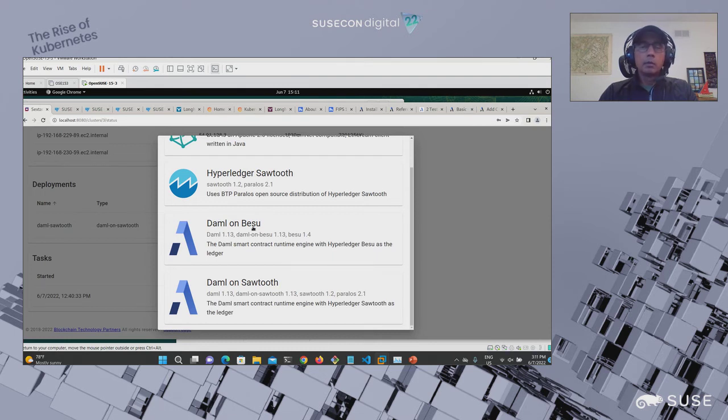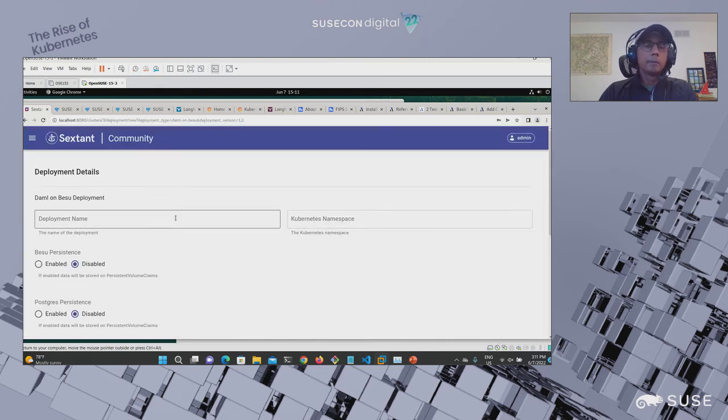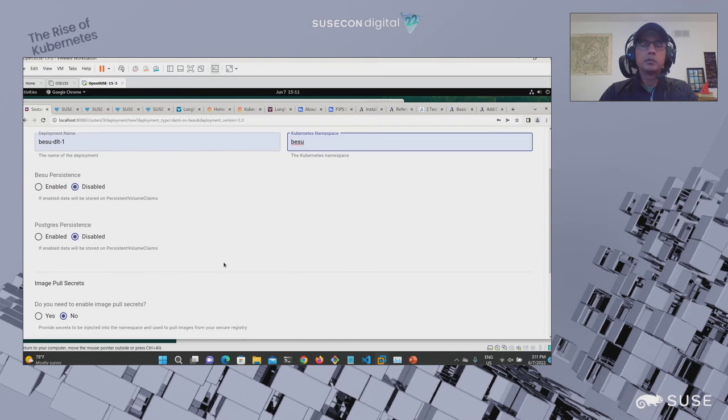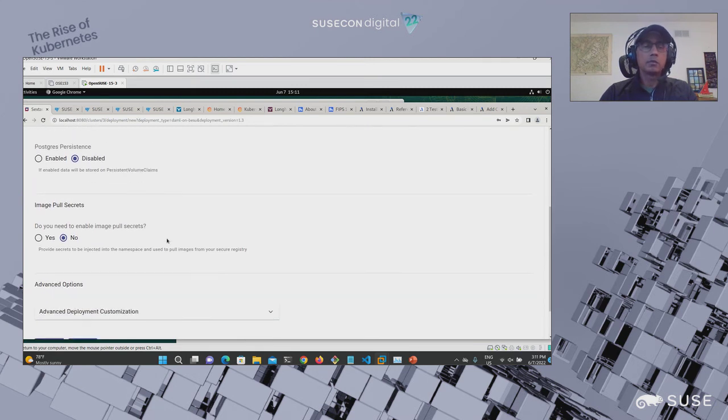So what does it take to actually launch a new Hyperledger instance? It is as simple as, and I'll pick the one, DAML for Besu here. Just a matter of giving it a name. So I've used that name before. Put it in again. All these are Kubernetes-based deployments, so things like namespaces relate to resources in Kubernetes to host those.